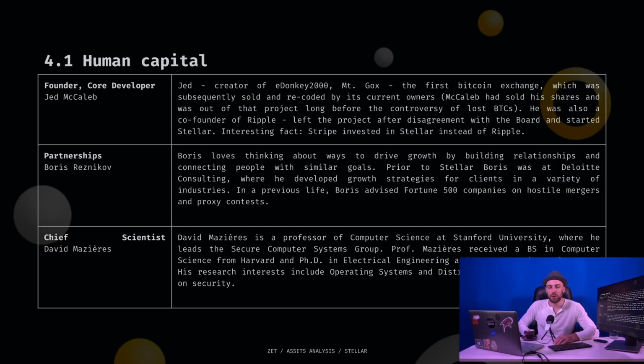Well, he left the project due to some misconceptions or misunderstanding or some issues with other founders, and decided to launch his own product, and he is doing pretty well so far. So he also was the developer of Mt. Gox, the scandalously known Japan exchange that was hacked a few years ago, and that actually